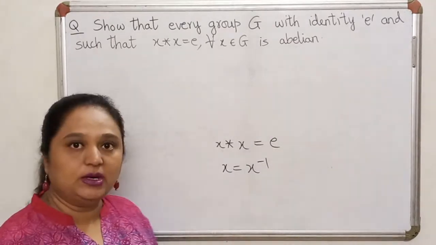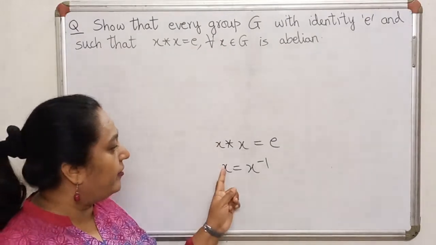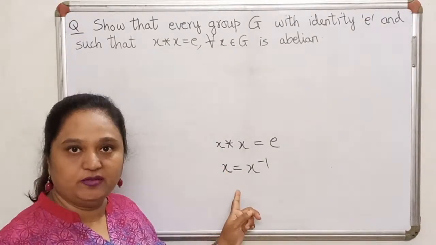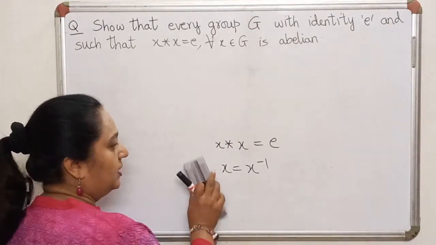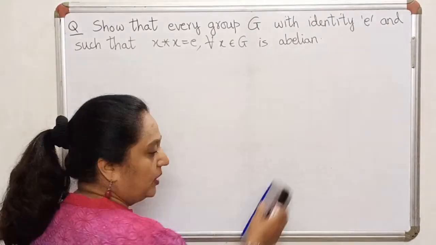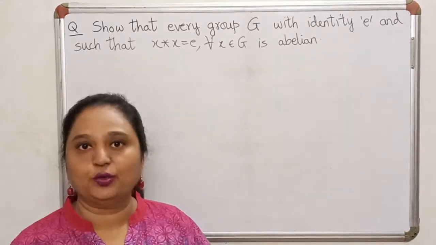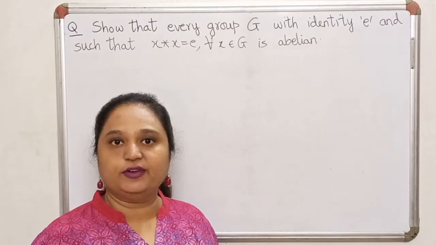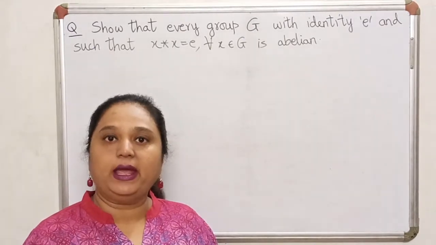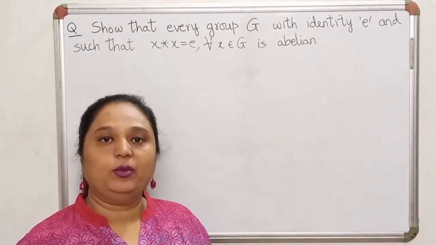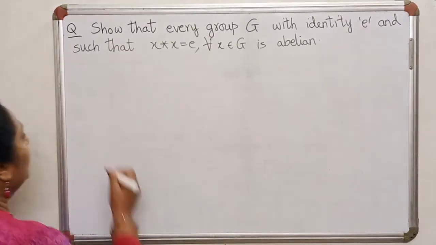So in other words, this problem can also be stated as, in this group every element is equal to its own inverse. So if I have a group where every element is equal to its own inverse, then we would like to prove that the group is abelian. Note that it's already given that it's a group. So the only property that I wish to prove is the commutative property. That means for all elements A and B of the group, I would like to prove that A star B is the same as B star A.